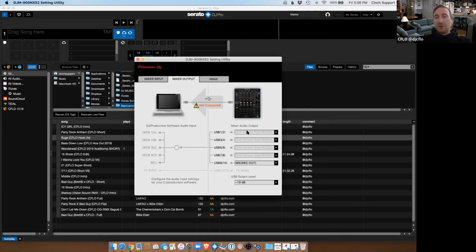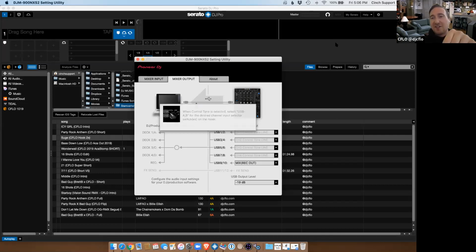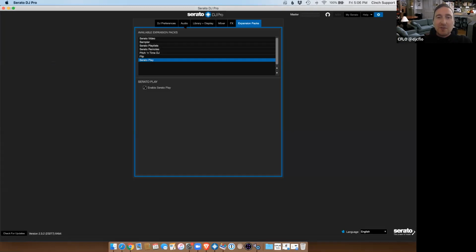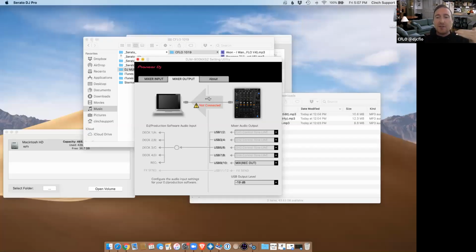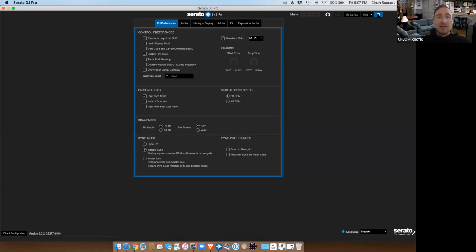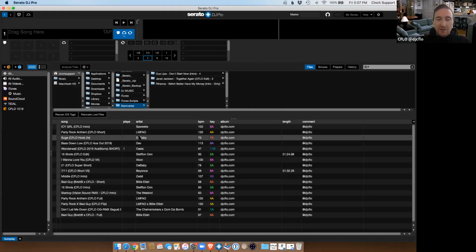So if you're on nothing but turntables, I switch all 4 to turntables because I'm just not messing around. If I'm on CDJs, I switch all of them to line, all 4. And this you can do ahead of time, but now it's set up to talk. And this is different than the settings over here when you're hooked up to the mixer that are turntable or CDJ mode. So there's actually 5, not just 4. There's so many barriers to entry when it comes to setting this up properly that I can understand why people have trouble with it. So I just wanted to very quickly go over that.